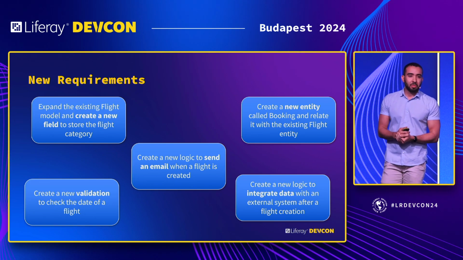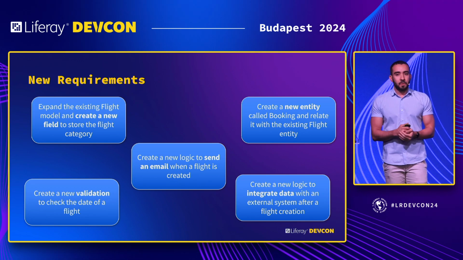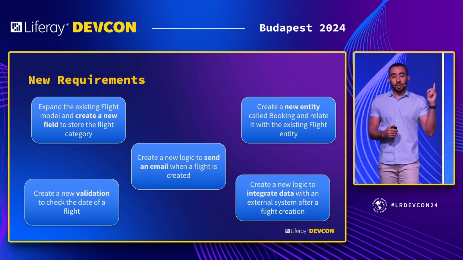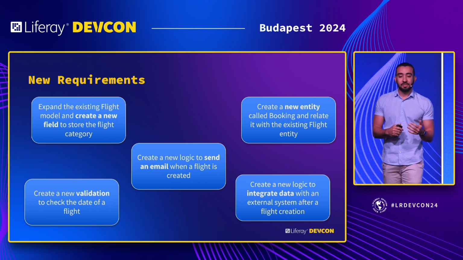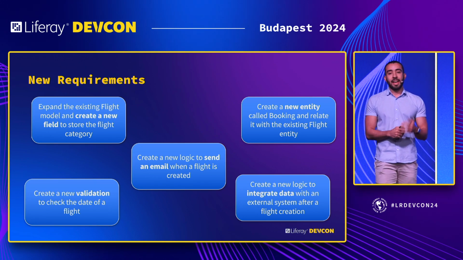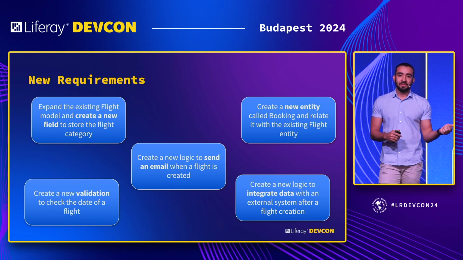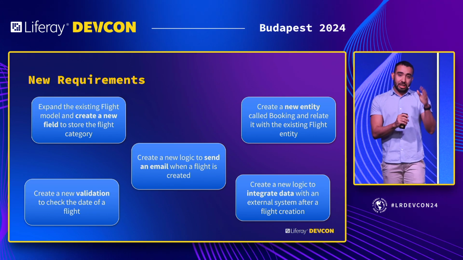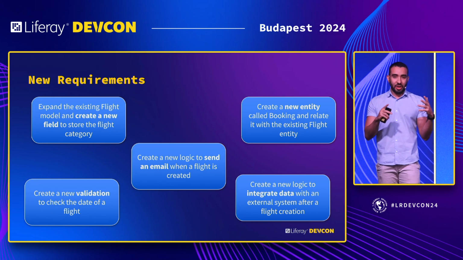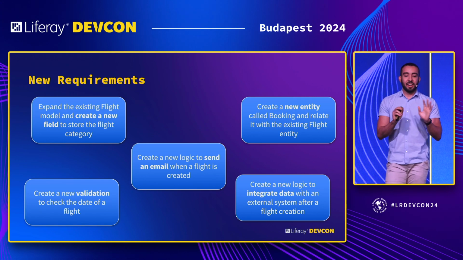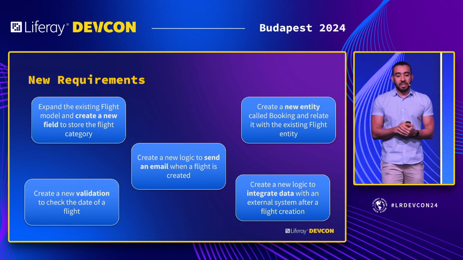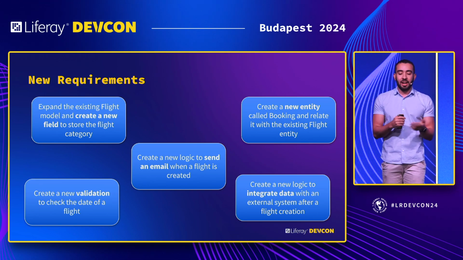I would have to probably create a model listener with some logic there. Also, I need to create an entity called booking and relate it with the existing flight entity. Go to the service XML, expand it, create a new entity, and create the local service, relating there. And the last one is create a new logic to integrate data with external system after I create a flight